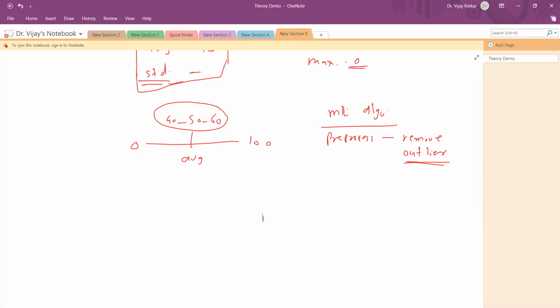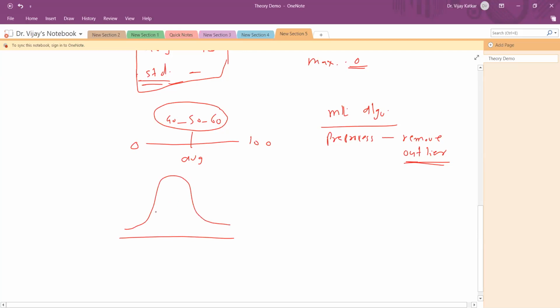So if the standard deviation is low, it means your data is centered. For example, everyone knows what a bell curve is, na? Bell curve distribution or normal distribution. Most of the values are in this range, or let's say 70 to 80% of values are in this range, and there are very few values in this range. So here my average will be somewhere in between.